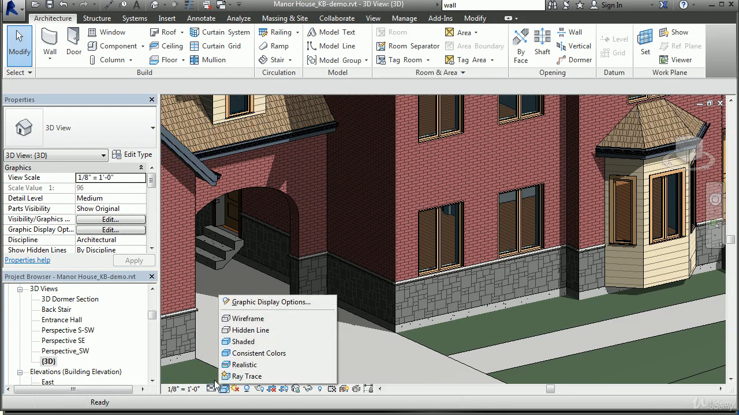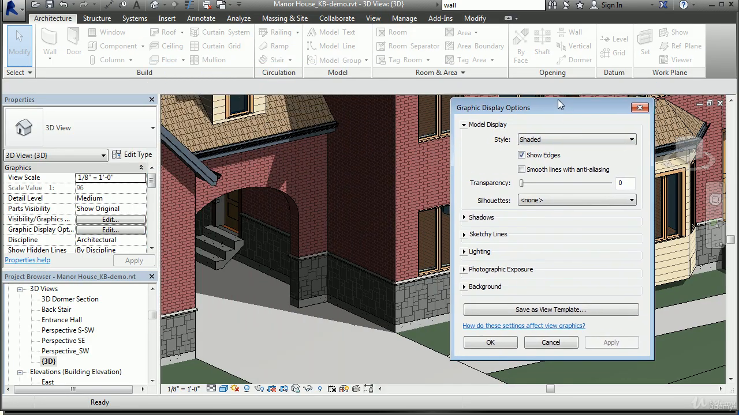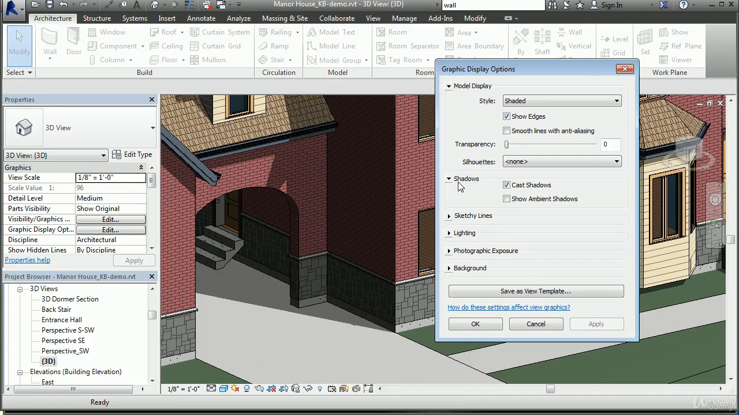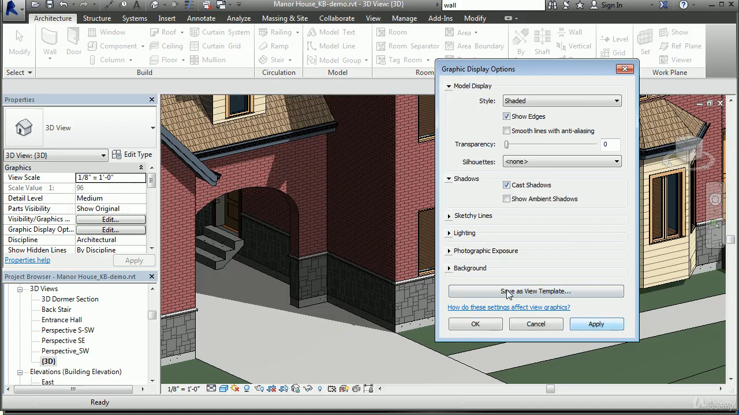We can also access more controls with regards to those shadows by going into the graphic display options. And let's just pull it over here. And if I look under my shadows, I can turn the shadows off and on here. So it's just another way to do that toggle. And we can also choose to show ambient shadows. And if you show ambient shadows